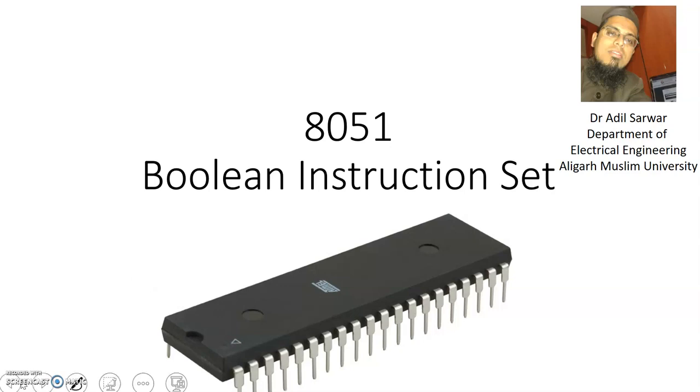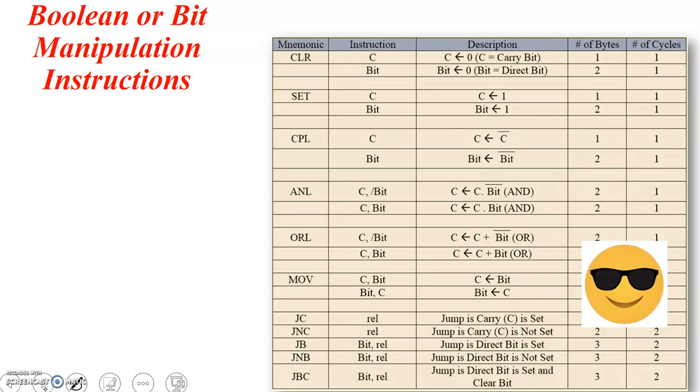Today we'll be discussing the Boolean instruction set. You could see here these are the Boolean instructions: the clear, set, it is basically SETB, not set, just SETB. Then complement, and this is AND, OR, MOV, and these are some jump instructions which we will discuss in the next